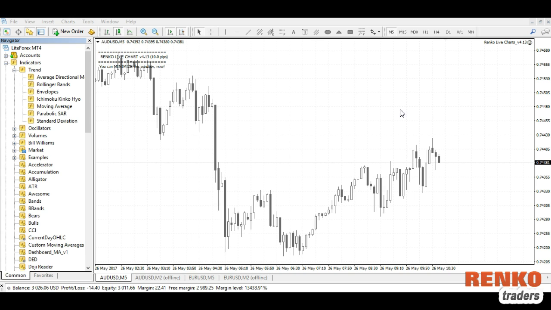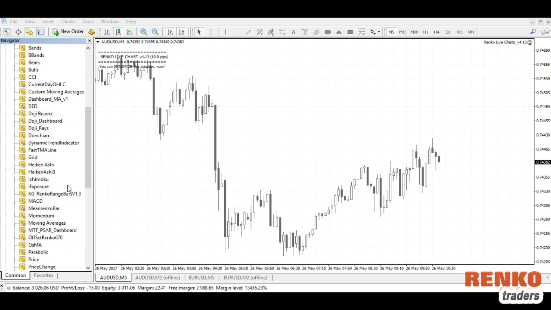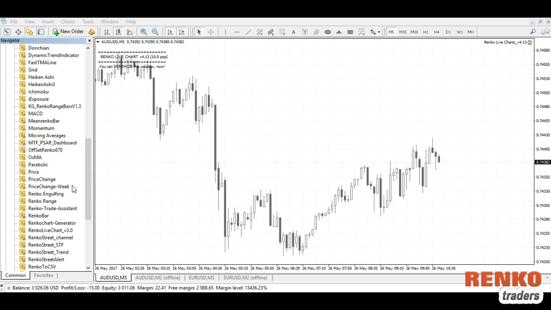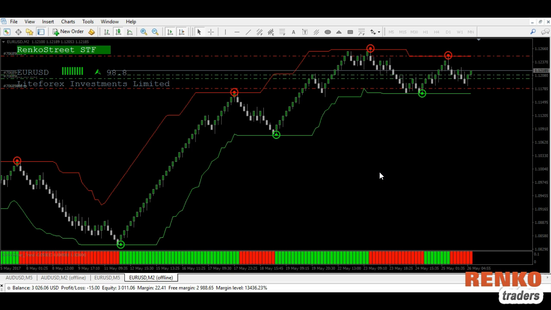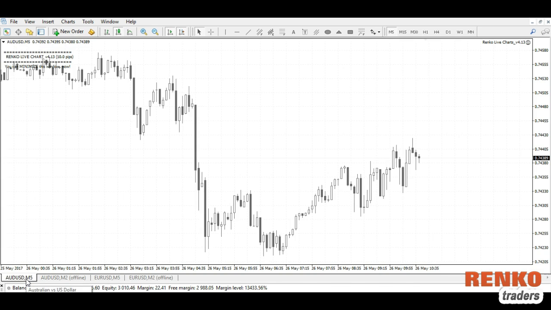Personally, my opinion is that it's not worth $59 really, and the trading system is merely a combination of a couple of indicators that have been modified to bring you this trading system. So without much further ado, let's take a look at the Renkostreet Trading System. This is a template that's already been applied, and I'm currently testing it. As you can see, the trade is not really going as expected, but anyway, let's quickly run the demo